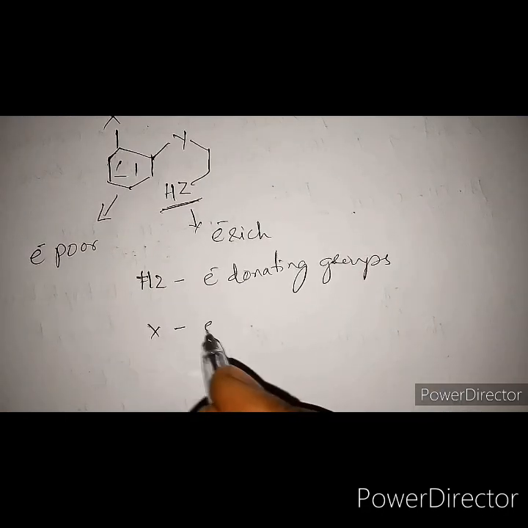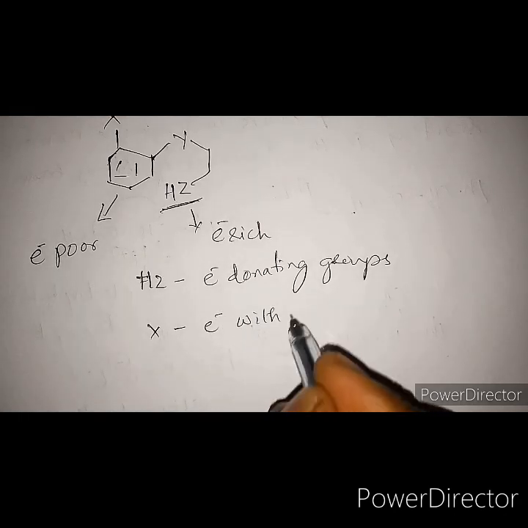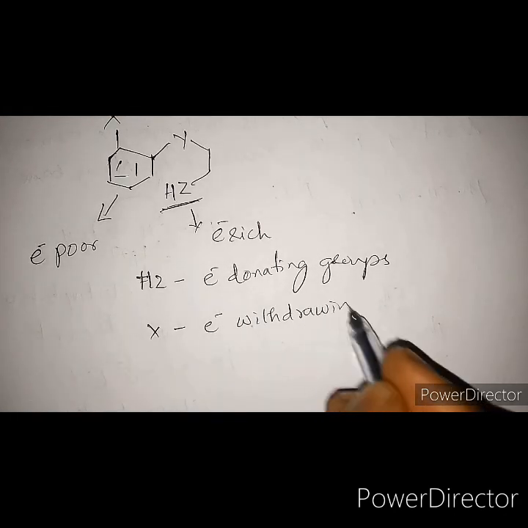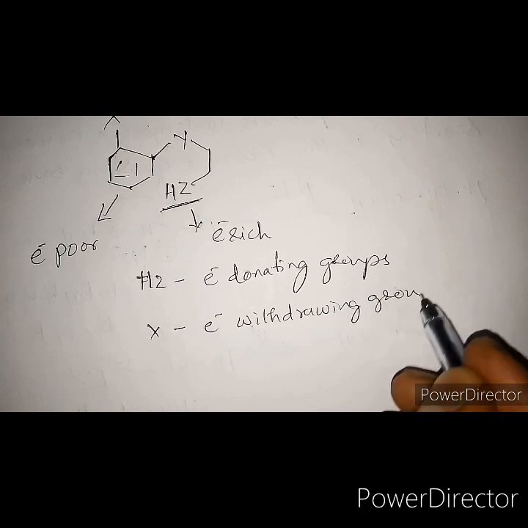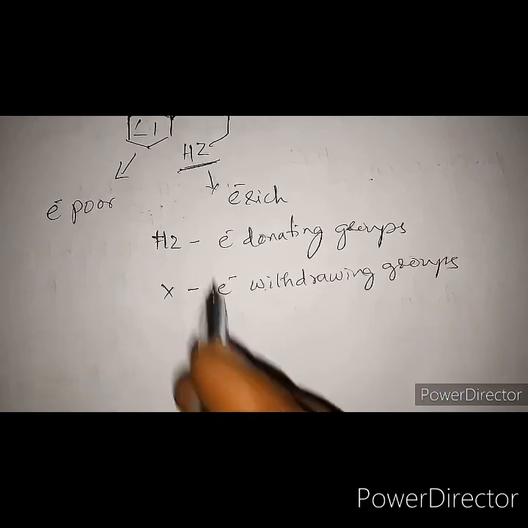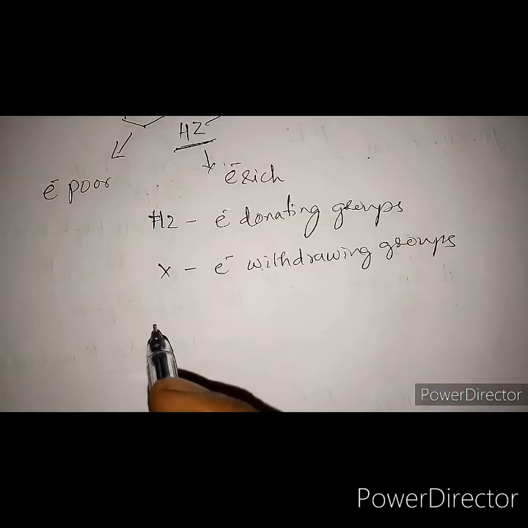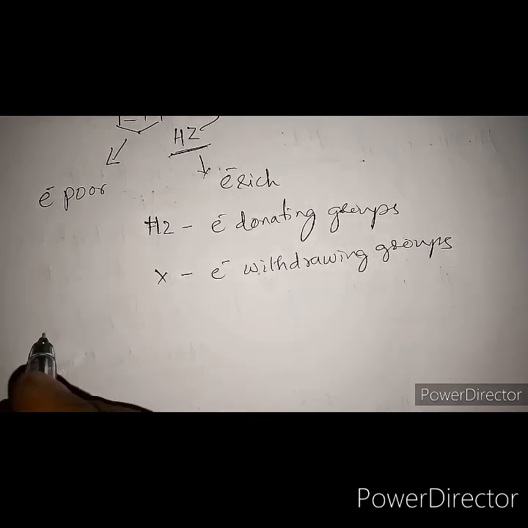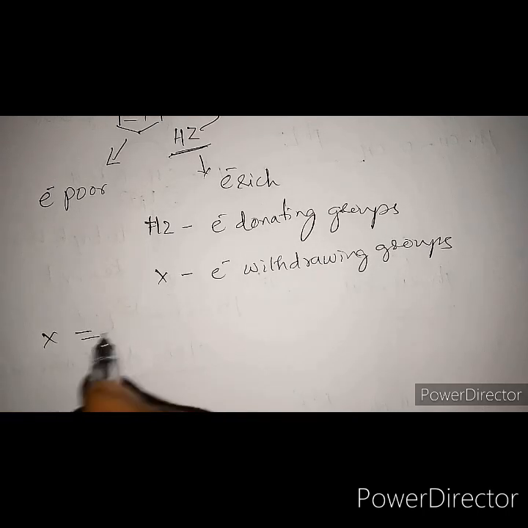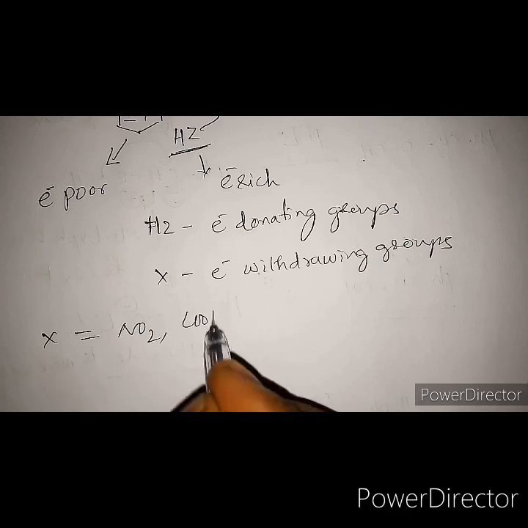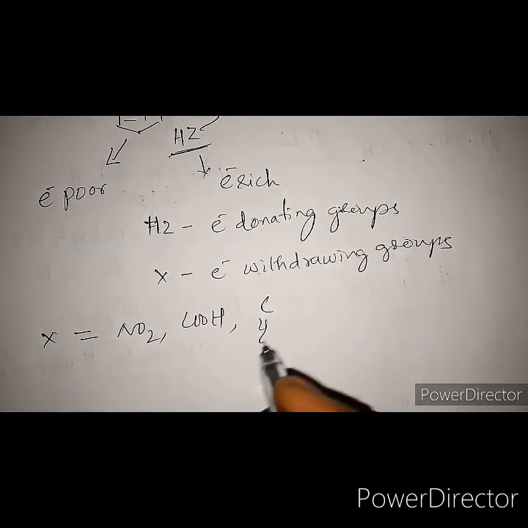And X should be an electron withdrawing group. In order for this type of rearrangement to occur, these conditions must be met for this type of molecule. Now what are these X? X are NO2, COOH, COCH3 and so on,